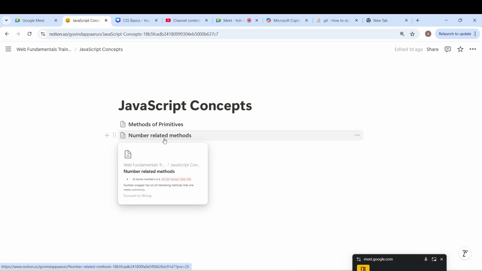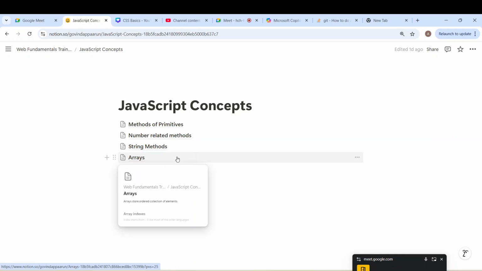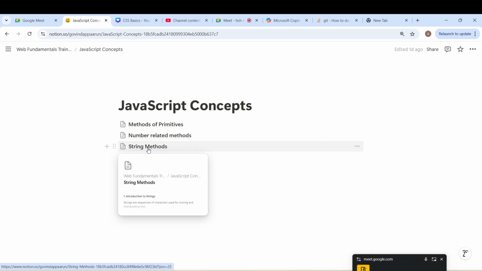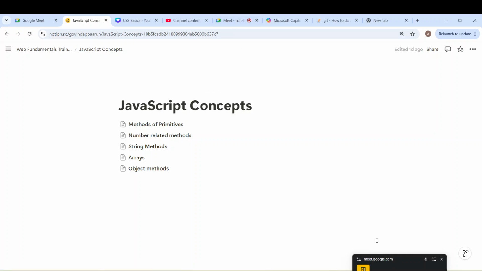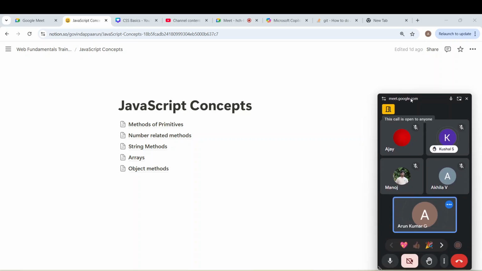We also saw why 0.1 plus 0.2 is not equal to 0.3. Then we moved on to strings and the different syntaxes with respect to string. Apart from that, we also understood